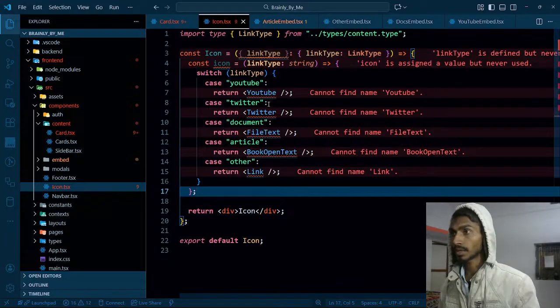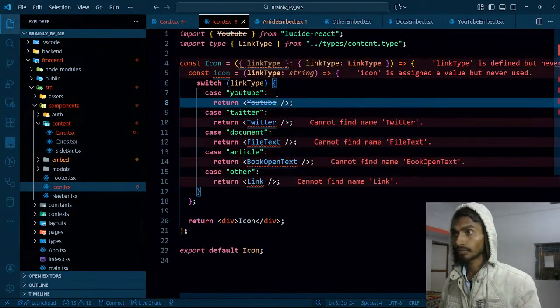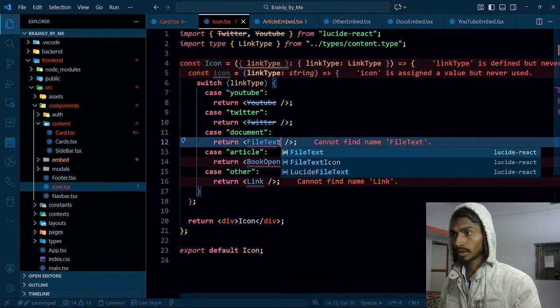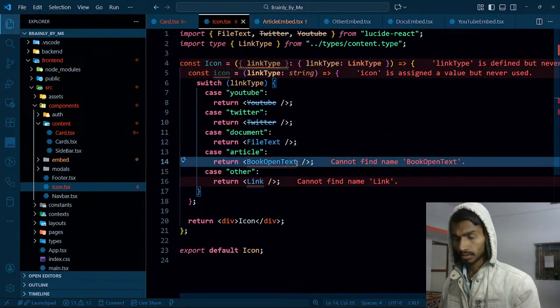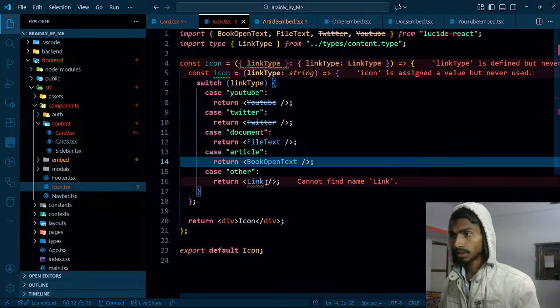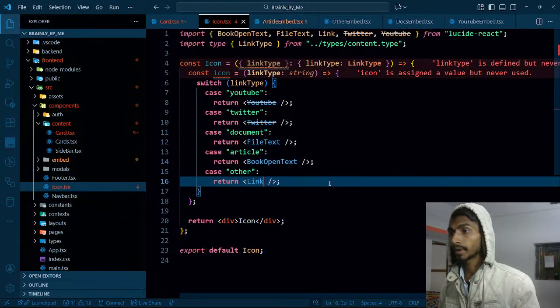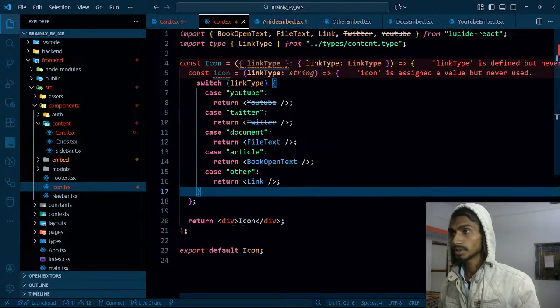Okay, and once I have this, I will be importing YouTube, Twitter, file text, open book text, and then link at the end. By the way, this should come from Lucid React. So this much I've done over here. Once this thing is done, then